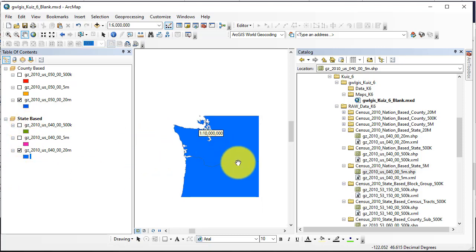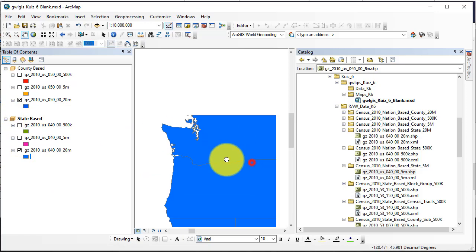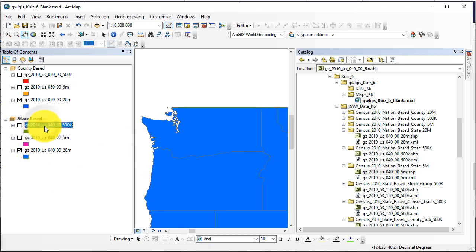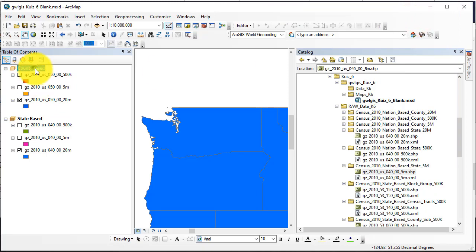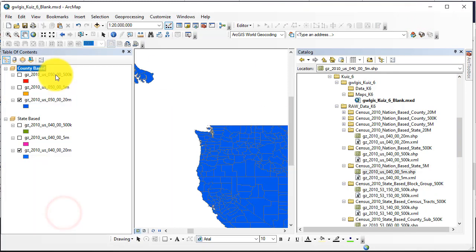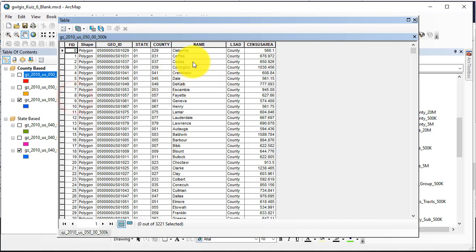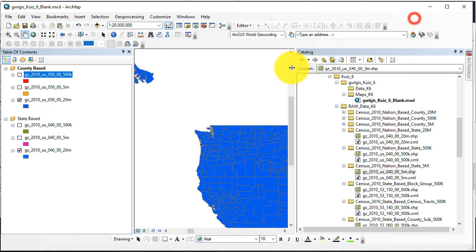And again, this is state-based, so these are only states. If I were to look at any of these, I'll just show one, all that is listed are the states. For the county-based, once I activate and look at any one of them, each of the counties for each of the states. Now realize there are 3,221 different counties in all of the states. So this is all the counties